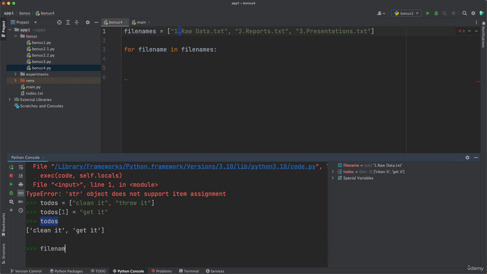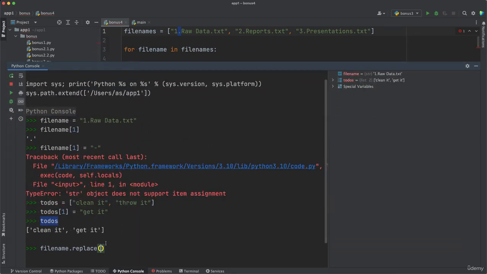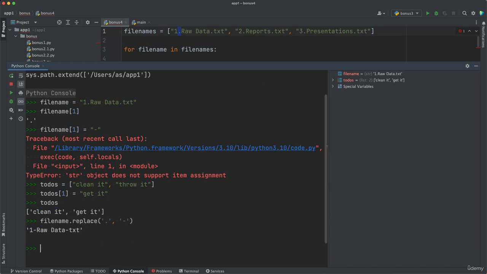So instead of using file name 1, we use file name.replace, a string method. So file name.replace, and you place as the first argument the character you want to replace and the new character which will replace the old character. So if you press enter,